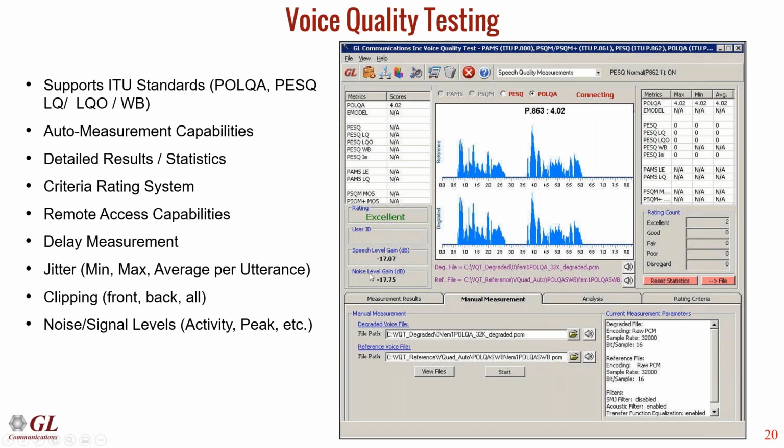So this will all give you an understanding of possibly why the score was what it was. We also have other measurement tools that we can use to give you a more clear understanding of why your score was what it was. So, for instance, in this case, the score is 4.02, which is pretty good. But if the score was 2.5 on a scale of 1 to 5, then you may want to know, well, why was it 2.5? And you may get that information out of the speech or noise level.